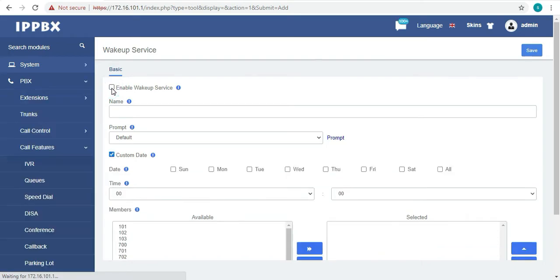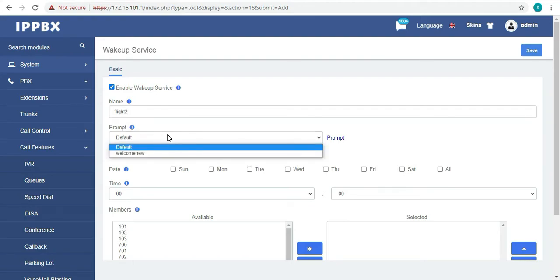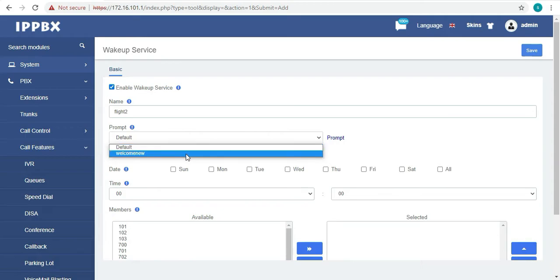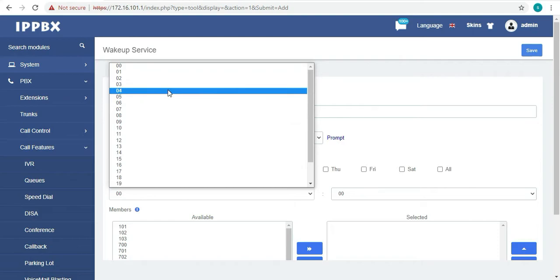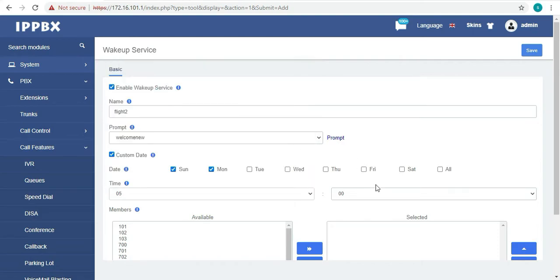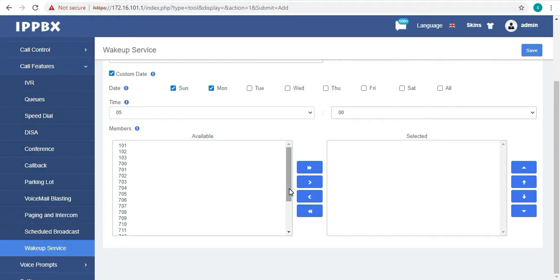Firstly we just need to enable the wake up service, then we can give any name for this profile, like flight 2, and we can choose the voice prompt, and then we can set the day and the time, like 5 AM, and we can set the extension number accordingly.